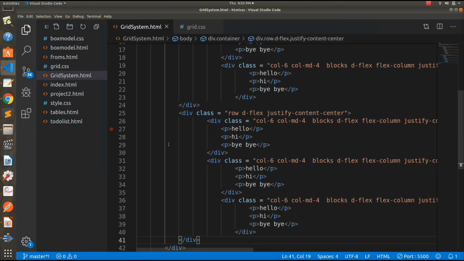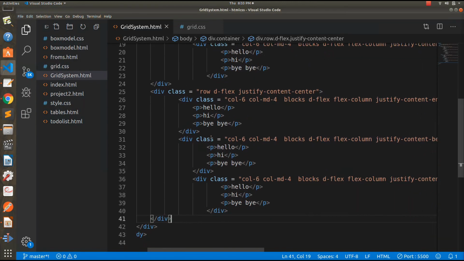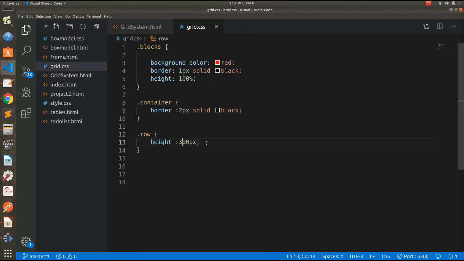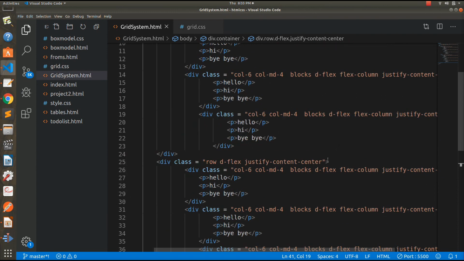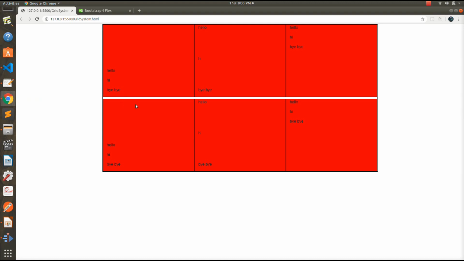So let's add them. For that we can use what we usually used to do: go to our CSS file and provide the expected padding and margin to the required container, but we can do that simply here. We can use flexbox utilities. If we want to add margin, we'll write M, from the top we write T, and we'll give the size ranging from 1 to 5 in increasing order. So if I want to give a size of 20 pixels, I'll write here 2. Save this, and you can see now here is a space of about 20 pixels.